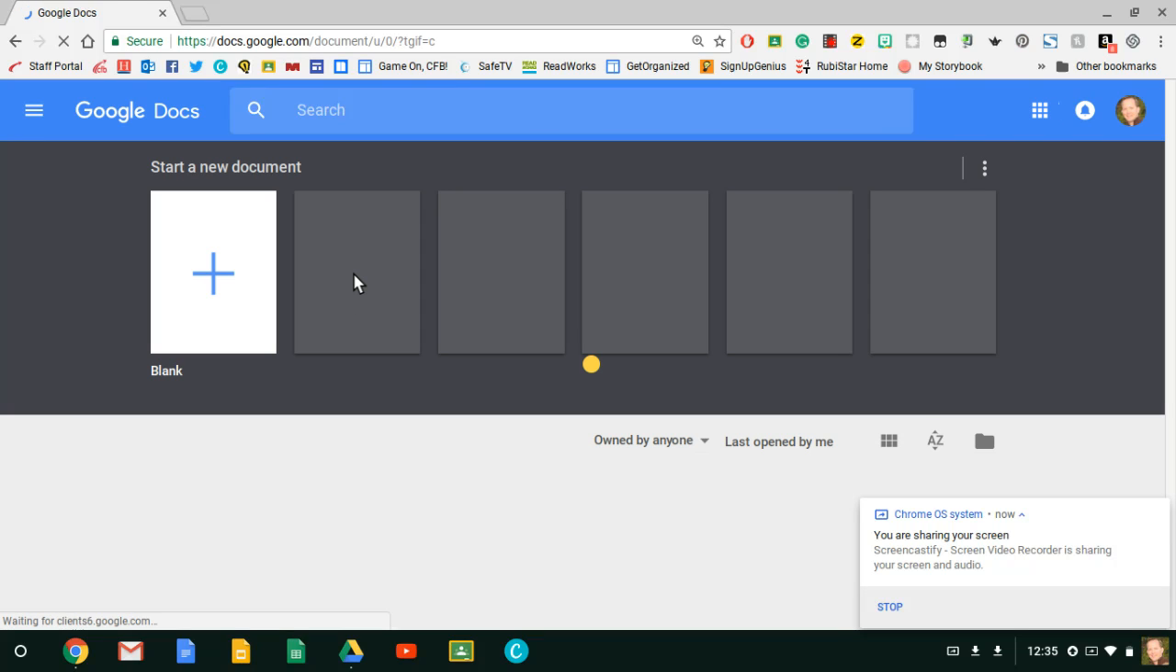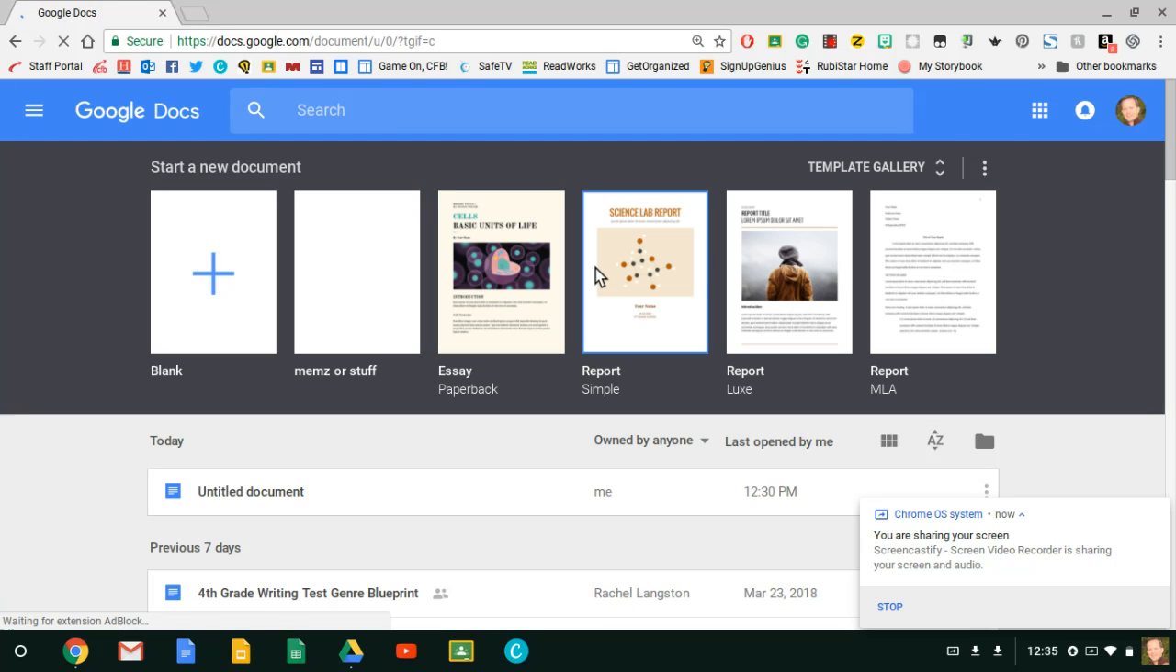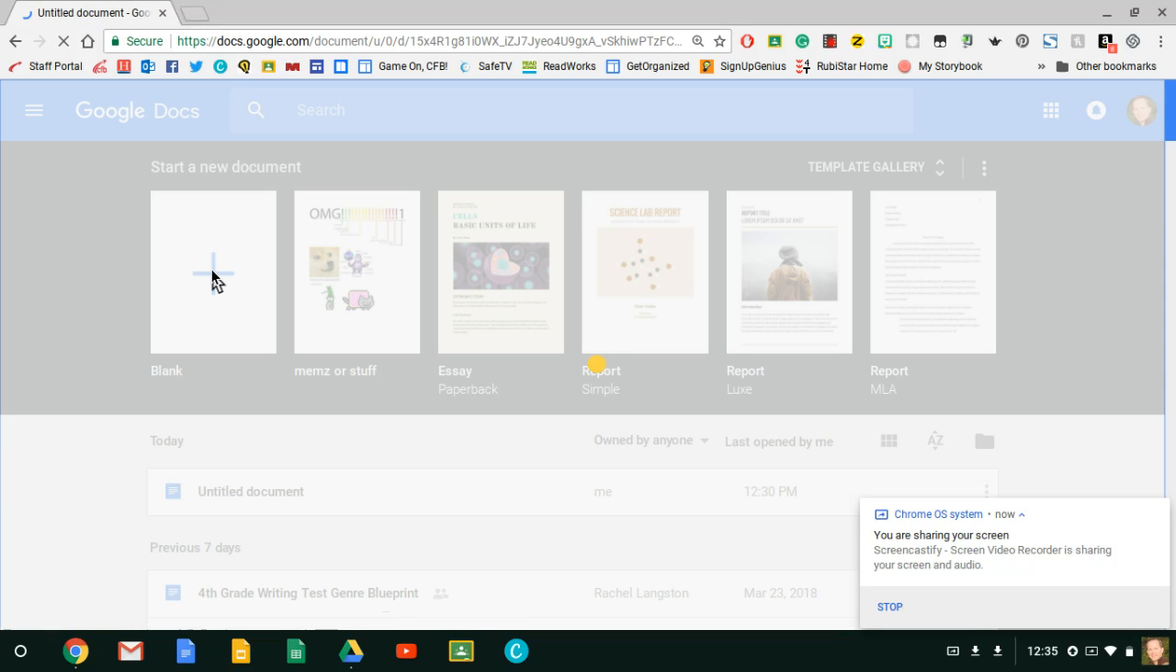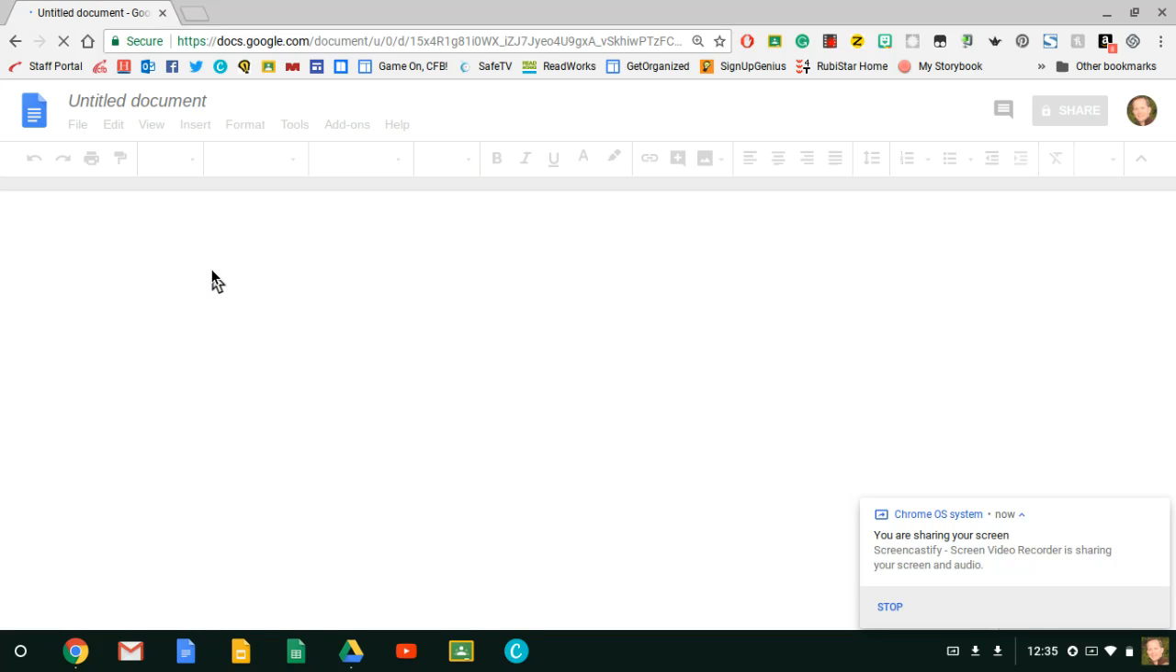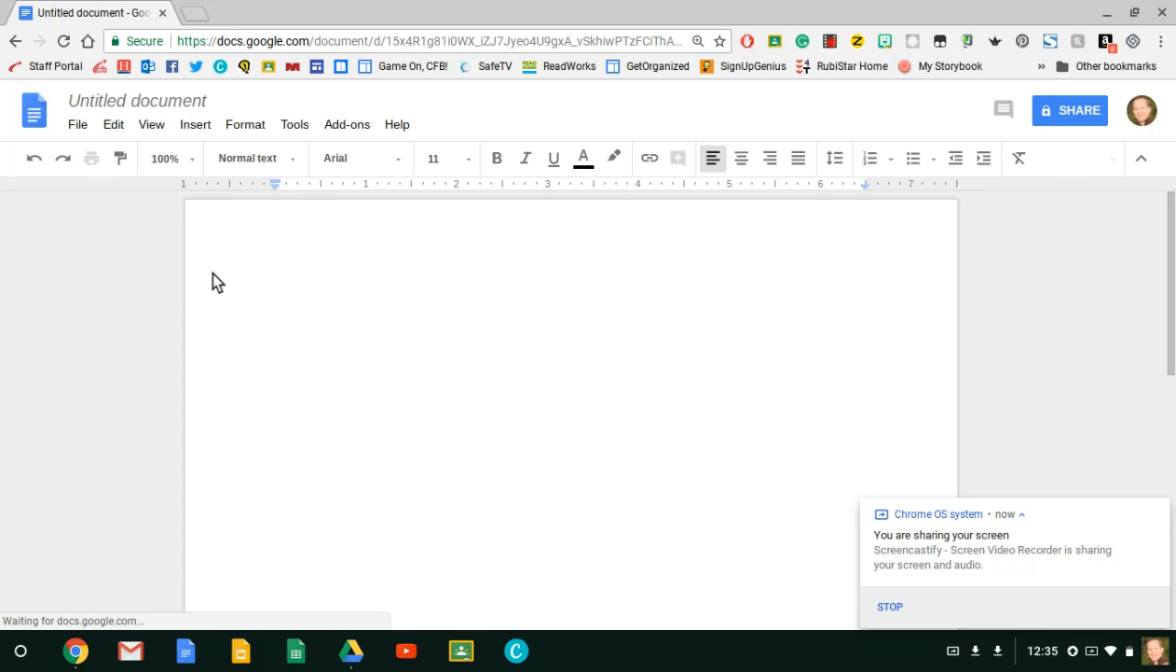Up here, you'll notice that there are a bunch of templates that you can use to become more advanced in knowing how to use Google Docs. But right now, we're just going to start with a blank document. You'll notice right away that this document looks a lot like Microsoft Word. The big change, of course, is that you never have to save because everything is automatically saved to your Google Drive. And that is a wonderful, wonderful thing,